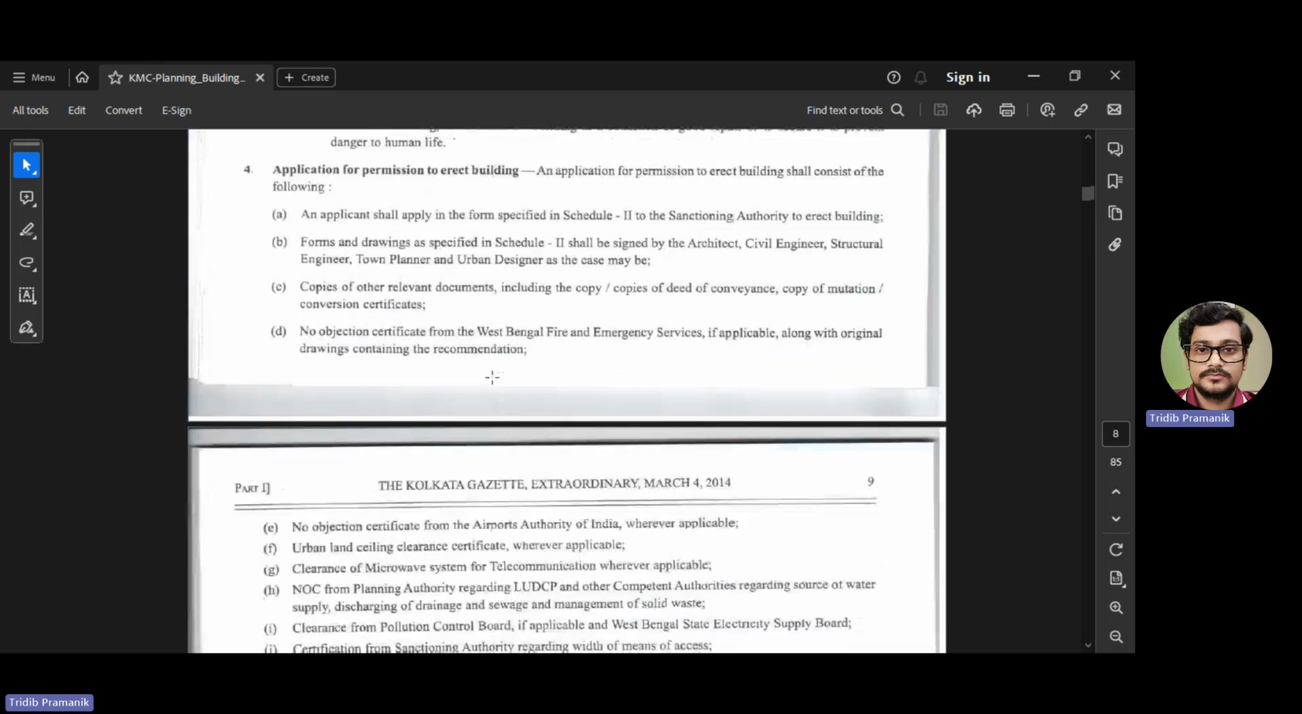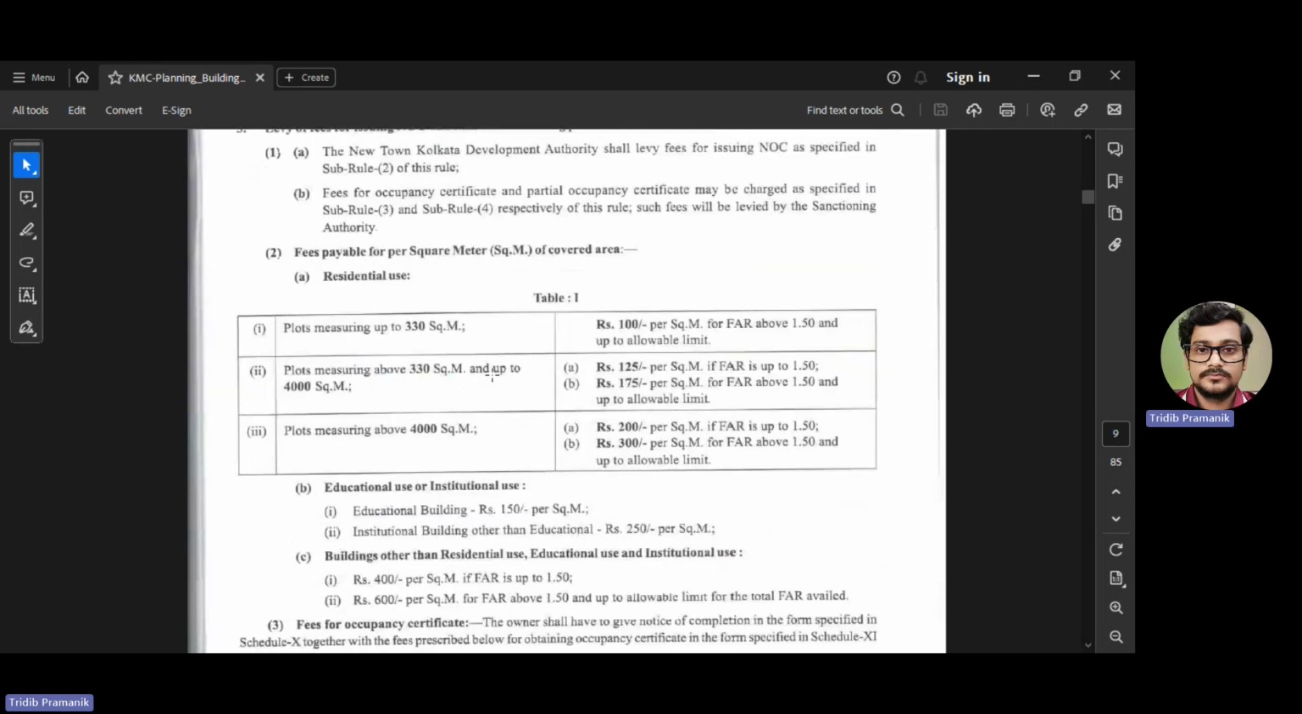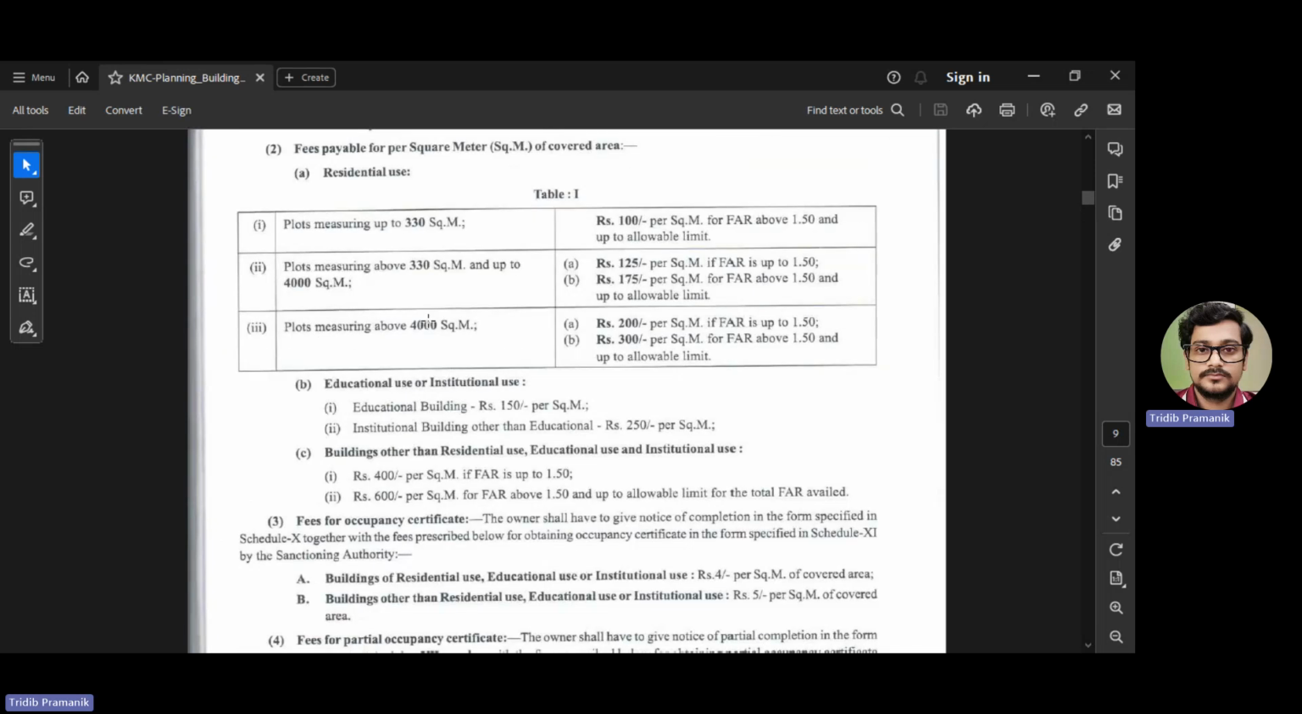Now we will move directly to the point we require. Yes. What is the amount of fee we need to pay? Remember, this is of 2014. Later we have 2017 and again some amendments. So the rate may change, but as mentioned in the 2014 rate chart, here you see for plots measuring up to 330 square meter, we need to pay rupees 100 per square meter for FAR value above 1.5 and up to its